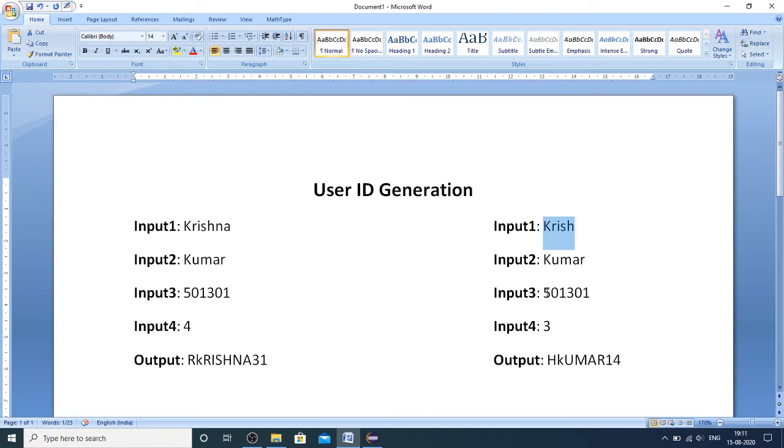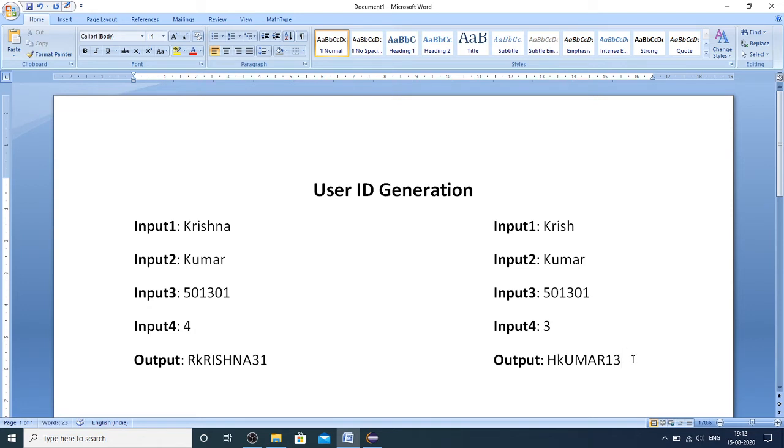and then the pin code I have taken is again the same 501301, and the position now I have taken is 3. Now as per dictionary order, Krish comes first before Kumar, so that's the reason the very last letter from the smaller name, that is H, which is toggled, and then the entire word of the larger, which is Kumar, and again toggled, and then the third digit from left to right in the pin code, that is 1, and the third digit from right to left, sorry, it should be 3.